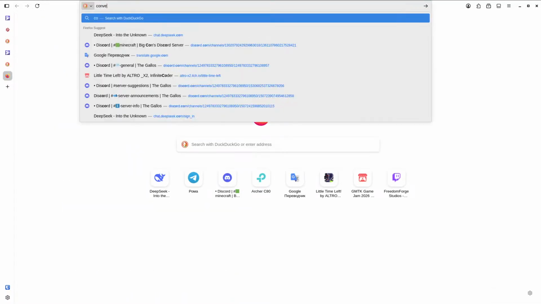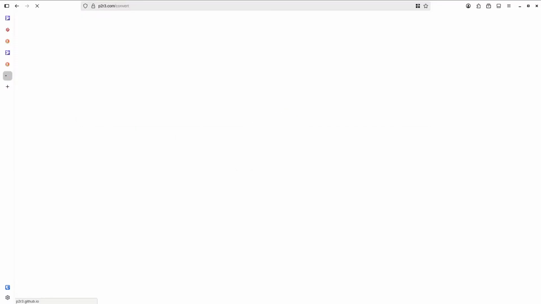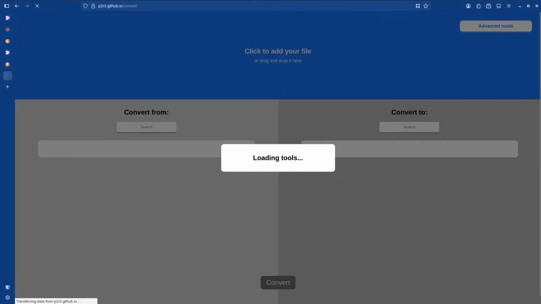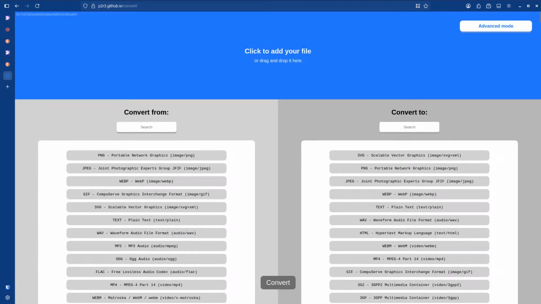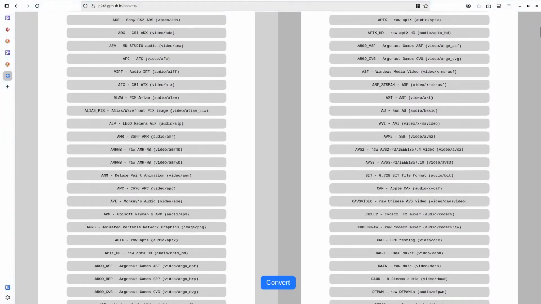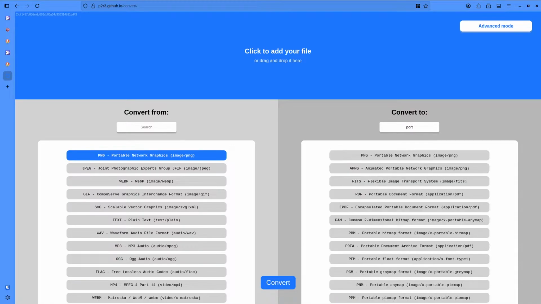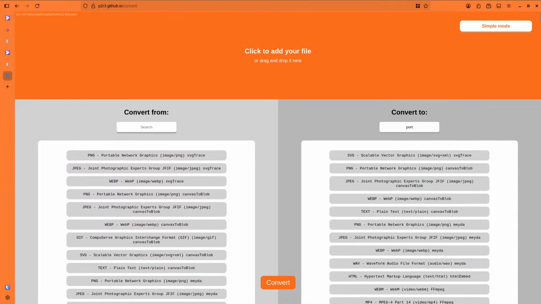A good example would be Convert to it. It's a site that converts every single file to every single other file. So you can convert PNG to JPEG. You can convert PNG to, I don't know what would be obscure here. Portal. Oh wait, I need advanced mode for that, don't I?